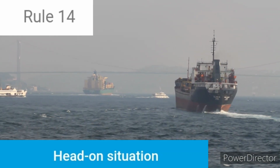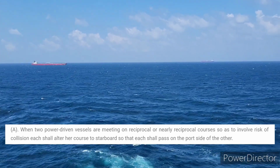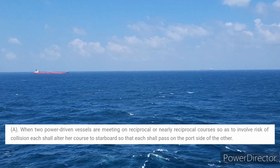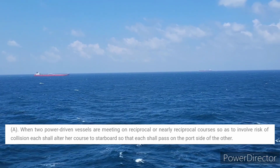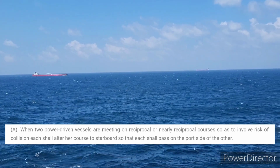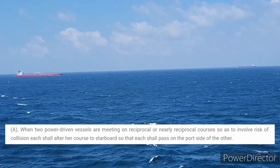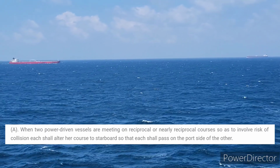Today we are going to discuss Rule number 14, head-on situation, which is in Part B, steering and sailing rules, Section 2, conduct of vessels in sight of one another. So what it is saying: when two power-driven vessels are meeting on reciprocal or nearly reciprocal courses so as to involve risk of collision, each shall alter her course to starboard so that each shall pass on the port side